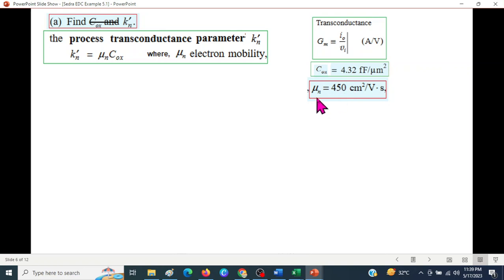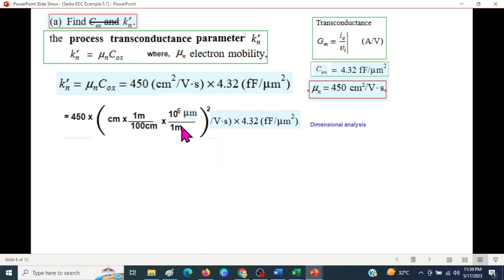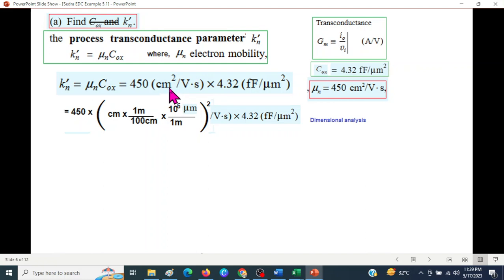Okay, this is given in the question, mu n, the electron mobility. So we'll use these two terms here. So putting this, now there's a dilemma. This one is micrometer square and the unit here is in the centimeter square. So again we have to use the dimensional analysis technique to bring this also into micrometer, and the technique here is that